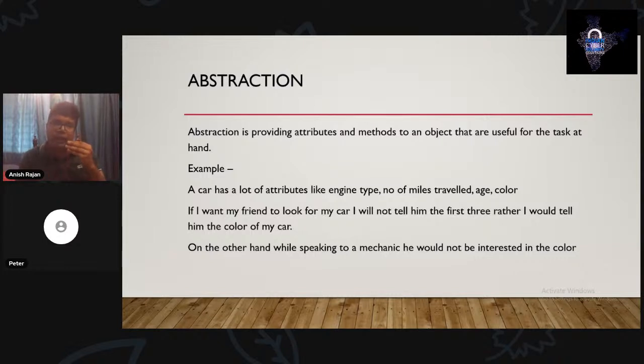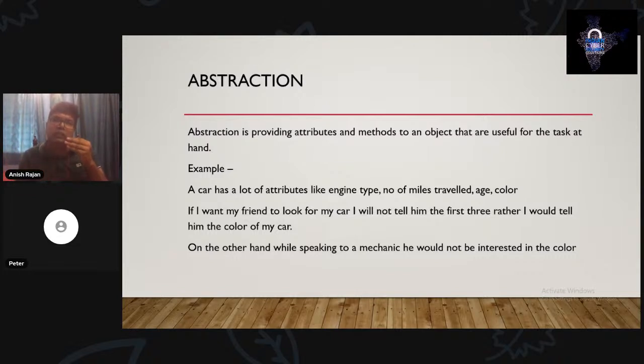On the other hand, when I speak to a mechanic, he is not interested in the color of my car. He is interested in the specs of my car: how many miles it has traveled, what the engine type is. So abstraction provides attributes and methods to an object which are useful for the task at hand.